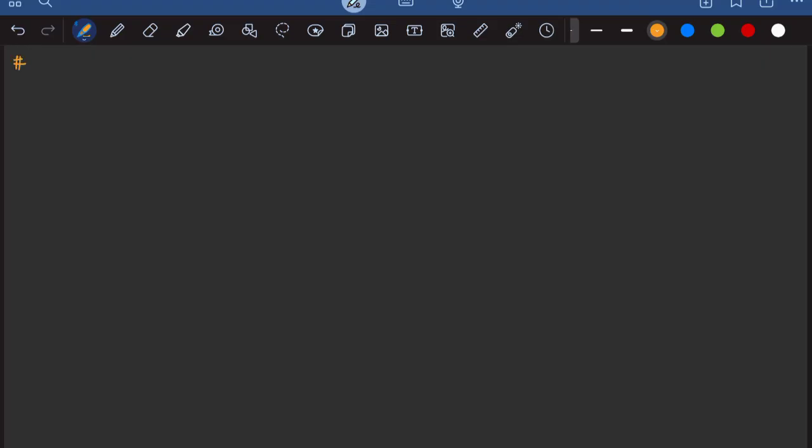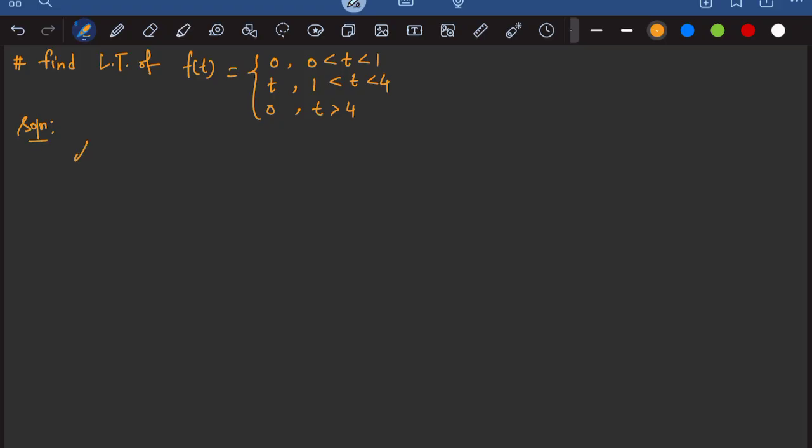Suppose we have to find the Laplace transform of the function given as f(t) equal to 0 when 0 is less than t less than 1, t when 1 is less than t less than 4, and 0 when t is greater than 4. If you have this type of function, how do you deal with it? Solution: the Laplace transform of f(t)